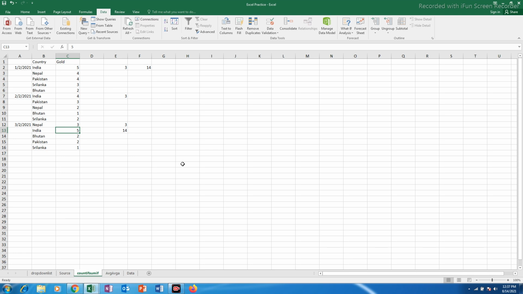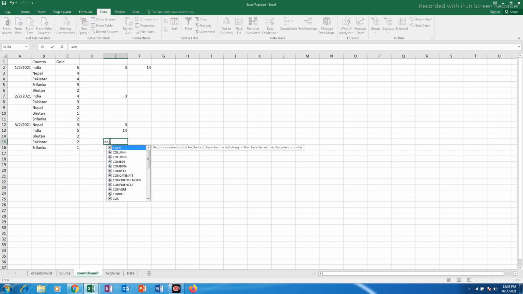Now there is another function which I want to use, that is COUNTIFS. So with COUNTIFS function, what I can do is, if I want to see how many times a particular country has won gold medal, more than 4 or more than 5, then I can check it. So equals to COUNTIFS, open the bracket. So I will select the country at first as a criteria, and then I want to see how many times India has won more than 4 gold medal,